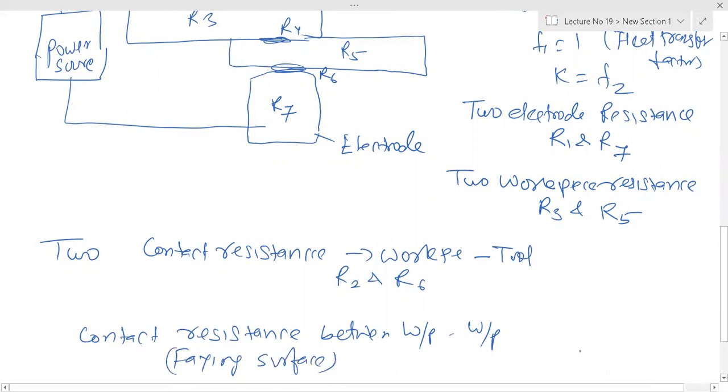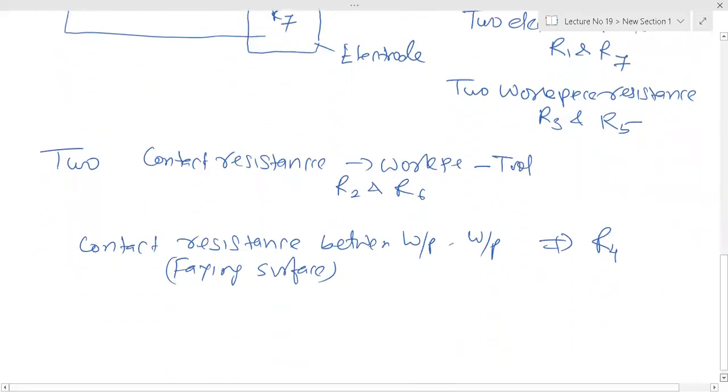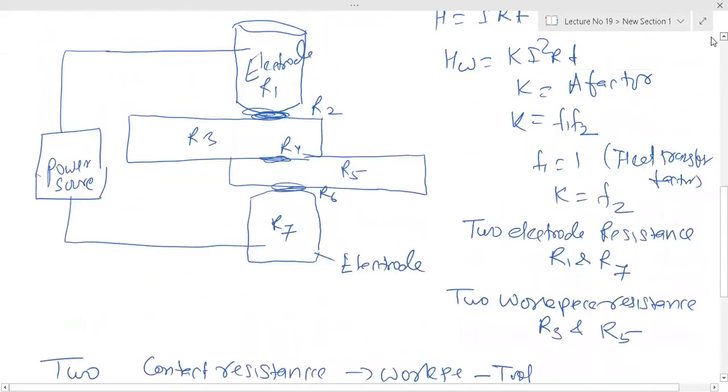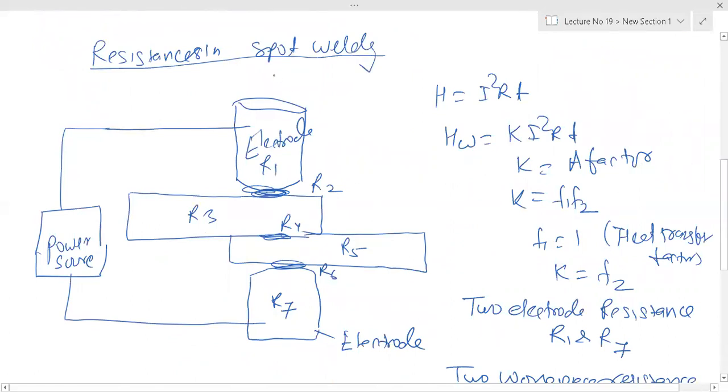And that is your R4. Am I right? That is R4. So the total resistance in that welding process is R1 plus R2 plus R3 plus R4 plus R5 plus R6 plus R7. Everybody is getting all these resistances coming in the path of current flow, and if we are applying force,